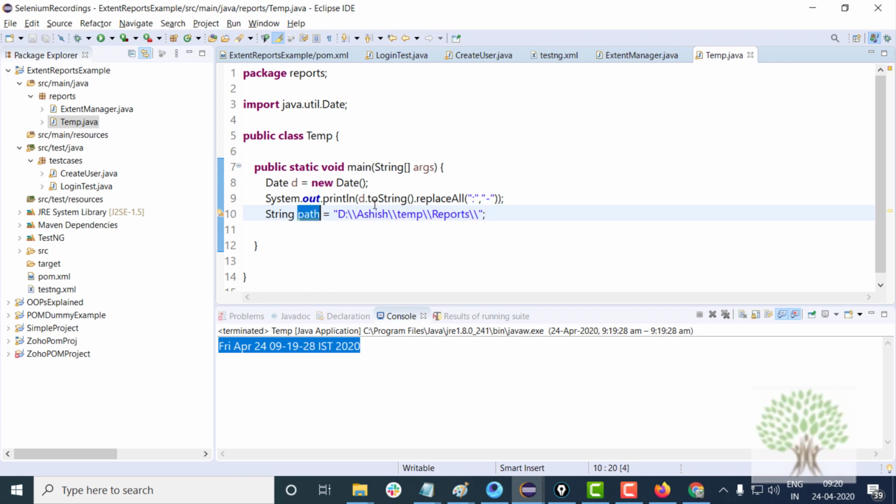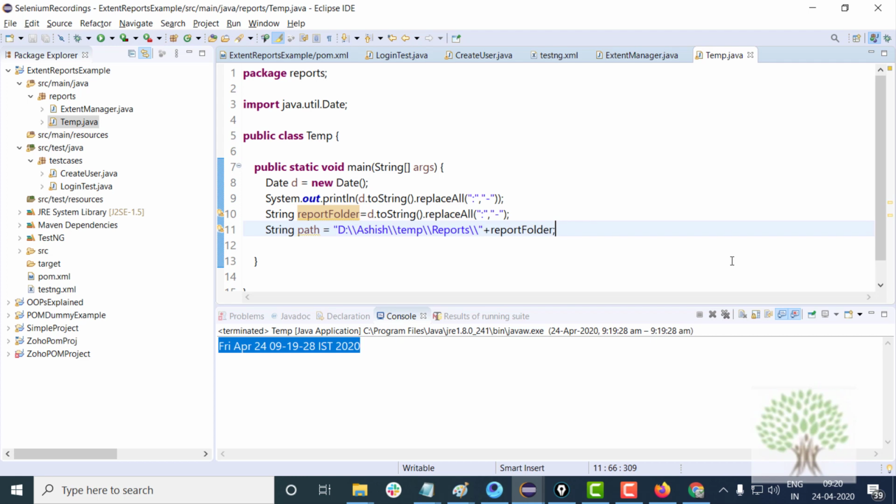Under this path we have to add this particular path, which is my report folder name, and we need to generate this report folder.